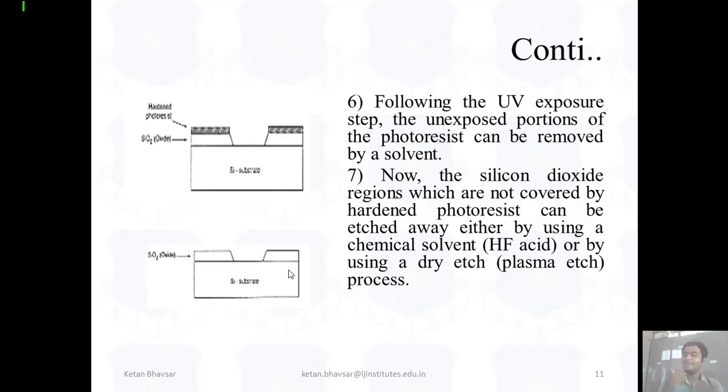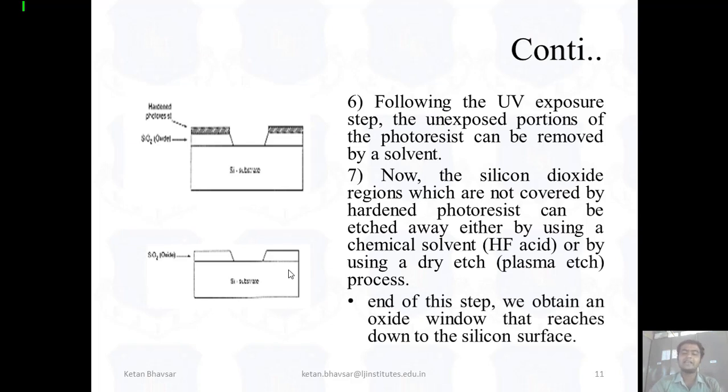Fine. So whether you design N-well, P-well, NMOS, or PMOS, you have to follow these 7 steps initially on each and every fabrication technology, on each and every process. At the end of these steps, we obtain an oxide windowing that reaches down to the silicon surface, as you can see in this diagram.